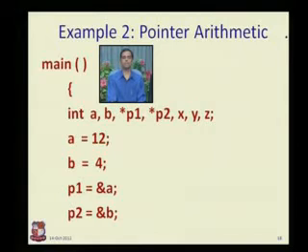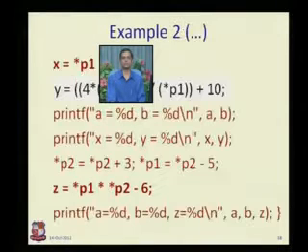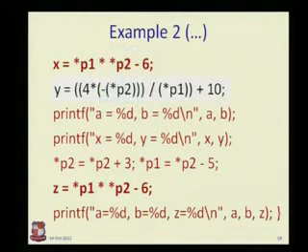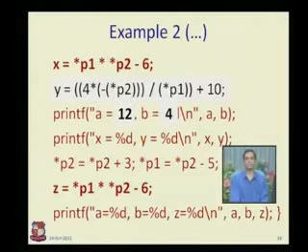Now in the next slide we will see how these operations can be done. Say now x is *p1 * *p2 minus 6, and y has a long expression I have written. Now coming to printf, let's see what printf will do. First printf will print a is equal to %d. %d means integer value. So a is 12, so it will take 12. Now b I have taken as 4. These I have initialized. Now what is x and what is y? That I have printed in the next line.